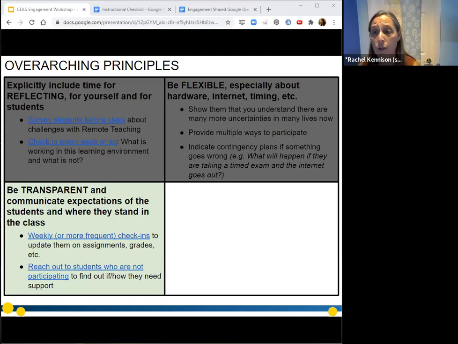If you find that there are students who are not participating, it's really important to reach out to them sooner rather than later, right? As soon as you see that there might be a pattern of a lack of participation, make sure not to assume why. We want to give them the benefit of the doubt and realize that there are so many different factors and pressures they're trying to manage. Just by asking the question, "I noticed you haven't been participating. Is something going on? Do you want to let me know?" you're really going to get a much clearer sense of what's happening with that student.